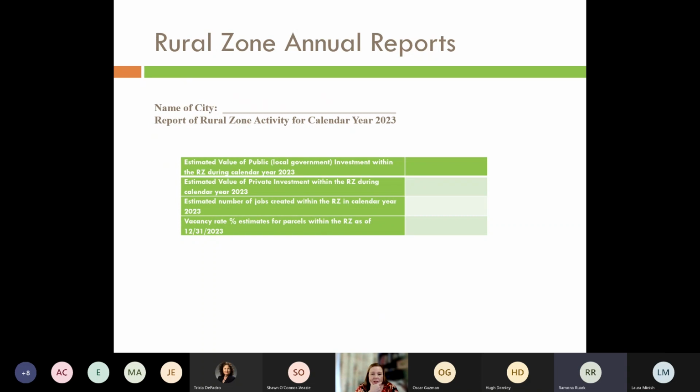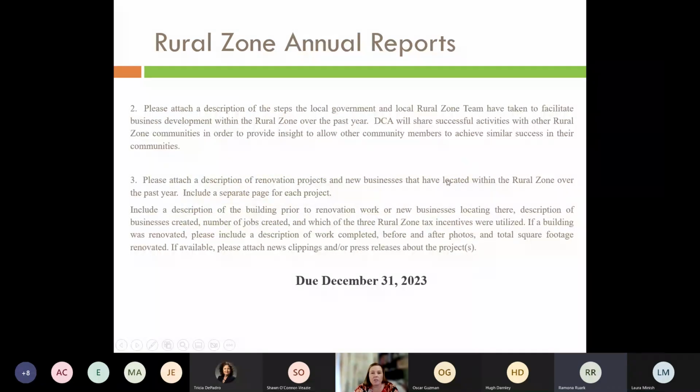Then I'd like to know the estimated number of jobs created within the rural zone in calendar year 2023, if you can give me that. And then the vacancy rate estimate for the parcels within the rural zone, because what we want to see is that that number has gone down from the vacancy rate that you included in your application. The next questions are,